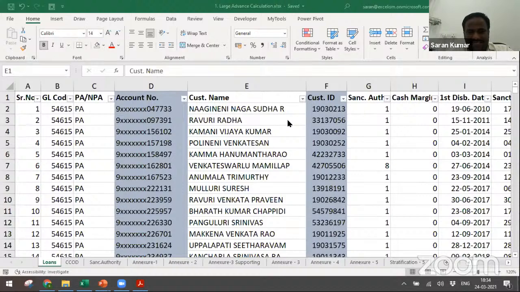You need to check the sanction-related, then pre-sanction, post-sanction, and operating. Maybe I can divide it into three. Pre-sanction: whatever the documentation. Post-sanction: whatever documentation they need to gather every month or every quarter and so on. Then operating: how the account is operating and so on. Just to avoid any fund diversion.